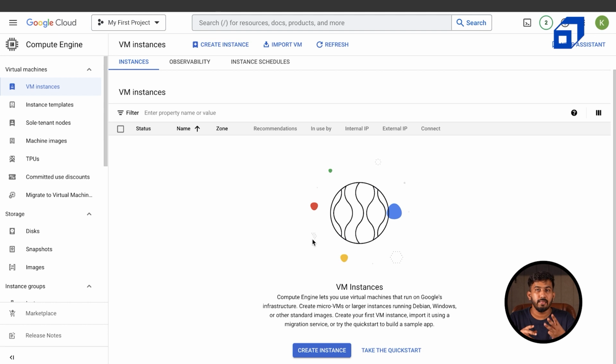As I told you, there are three things we are going to do here. One is we are going to create a virtual machine. And then once we create the virtual machine, we are going to launch a web page within it. And once we launch that web page, we are going to create a copy of that virtual machine which has a web page in it, right? So when we have that copy, we can create an instance, and we don't have to install anything. It will automatically have that web page within it because it's a copy of the already created and set up